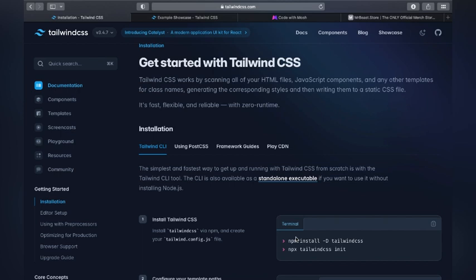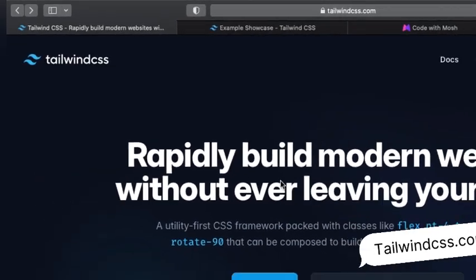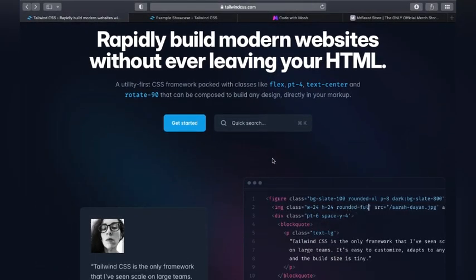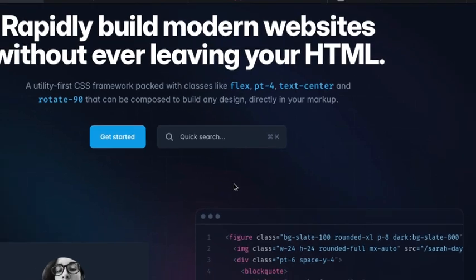In this video I'm going to explain everything you need to know about Tailwind CSS. Let's first explore Tailwind's official website, tailwindcss.com. Tailwind CSS is a CSS framework packed with different classes such as flex, padding, text, and rotating